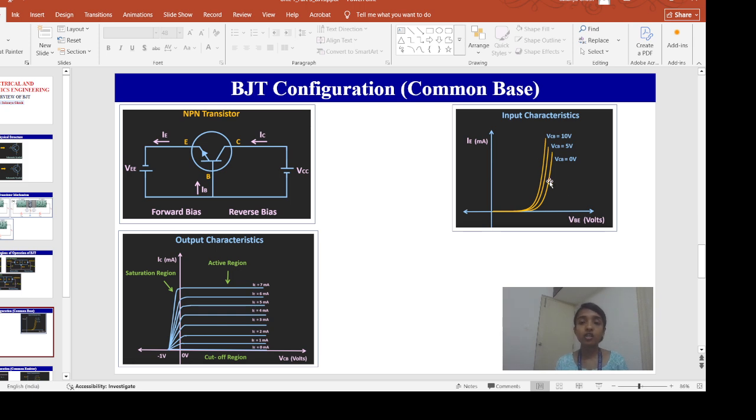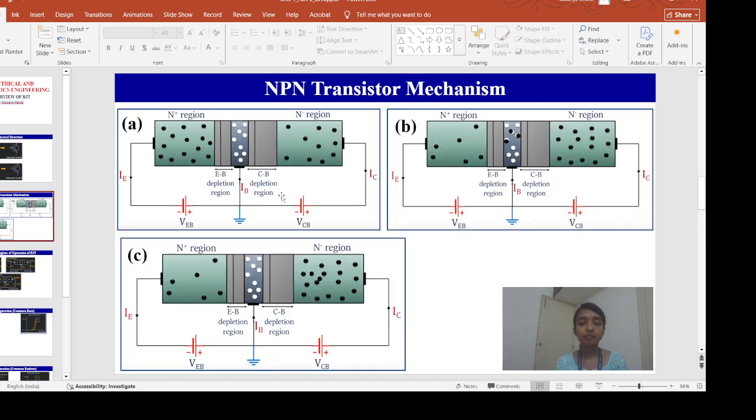So what conclusion or inference can we draw from here? Let's go back to this diagram again. As VCB, the collector base reverse bias voltage, is increasing, what will happen? The collector base depletion region width will increase. That means the effective base width will decrease. So the emitter current,